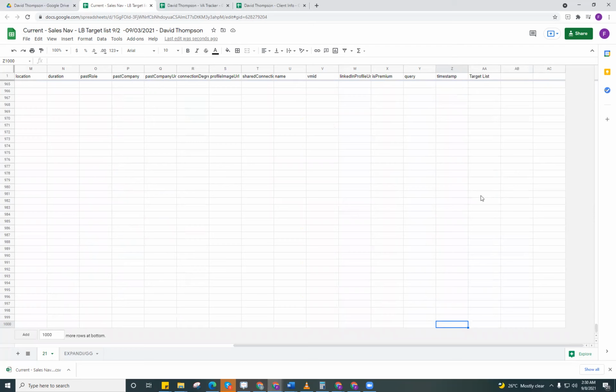No, press arrow up. Then go to the cell beside that, and then Control Shift up, Control Shift arrow up,